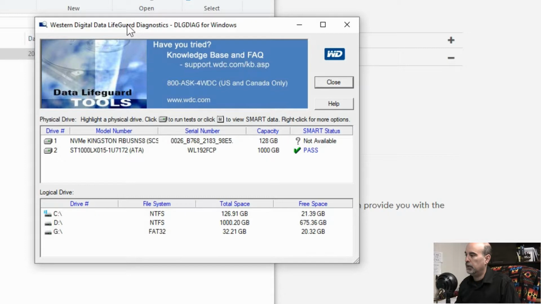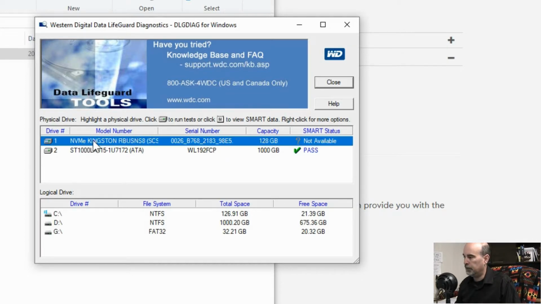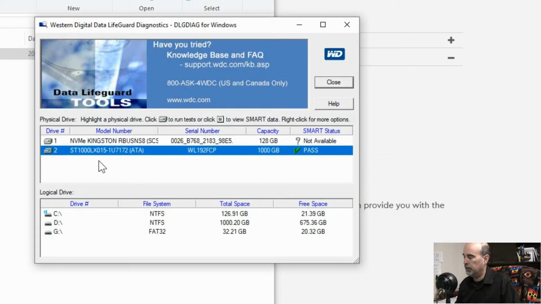And so in here now it has the two drives listed, and you'll see it's got the Kingston one and the Seagate Tools one. And this shows exactly why you need to have the right tool for the job. You'll see here that this is one tool that, just like a brand name computer, one tool fits all.